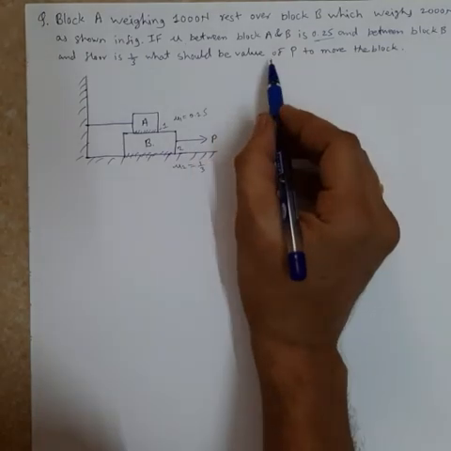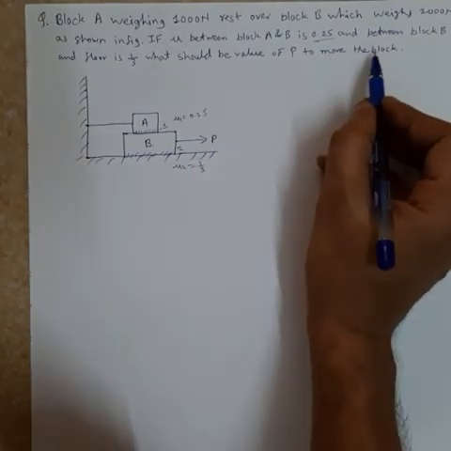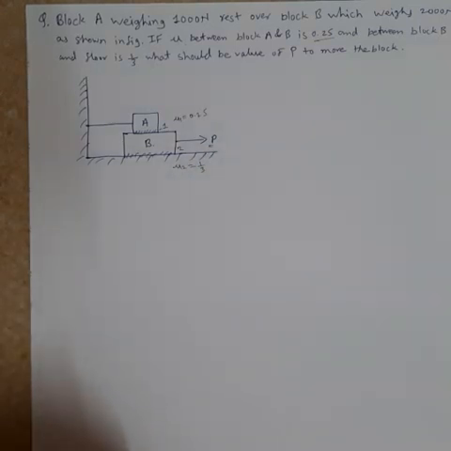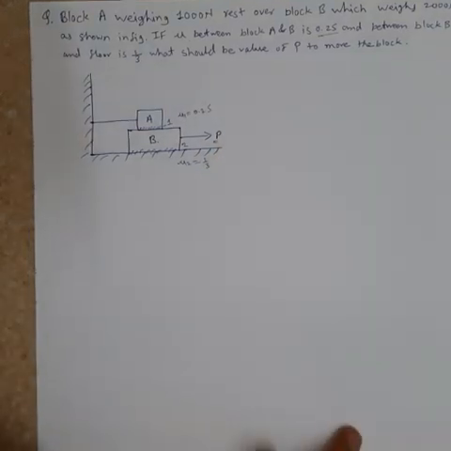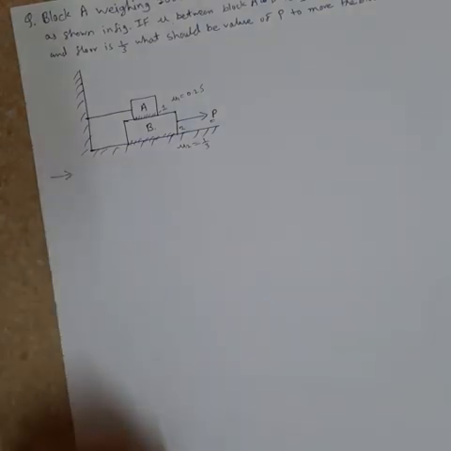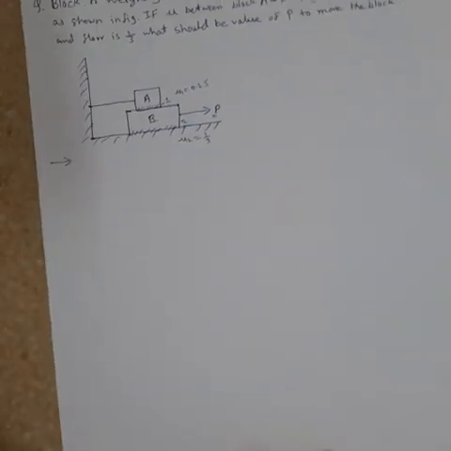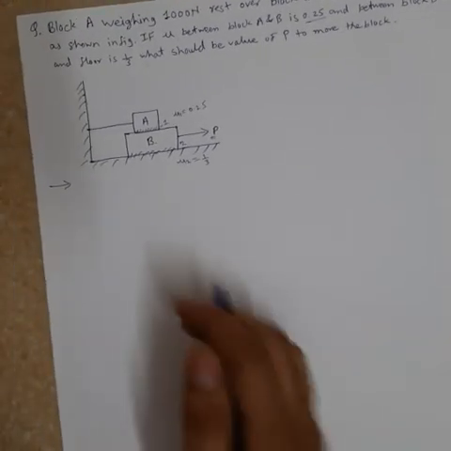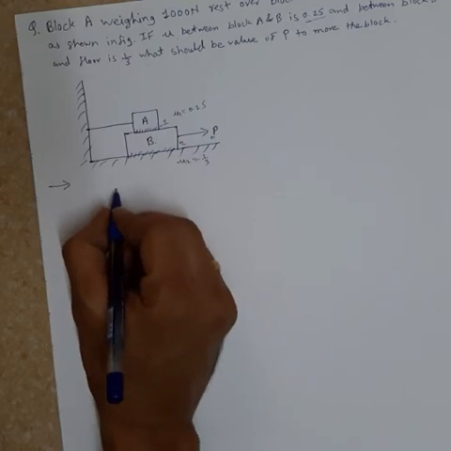What should be the value of force P to move the block? So this is the applied force P, which is acting in the rightward direction. So we have to determine the value of this force P. To determine that value, first we will draw the free body diagram, FBD, of the two blocks. So first let's draw the FBD, free body diagram,